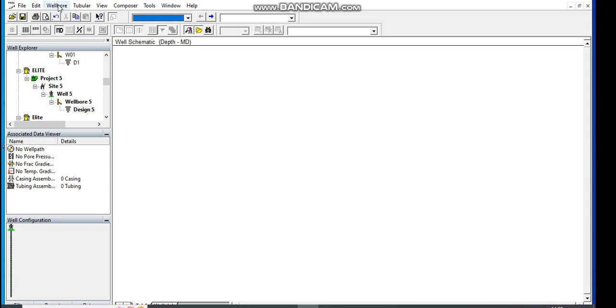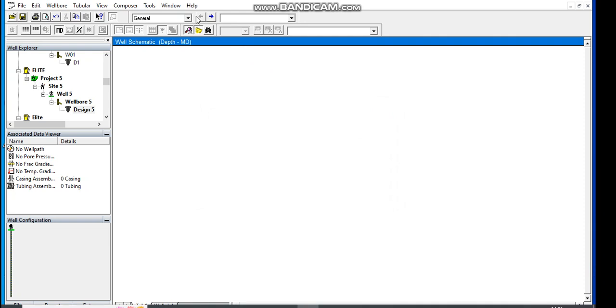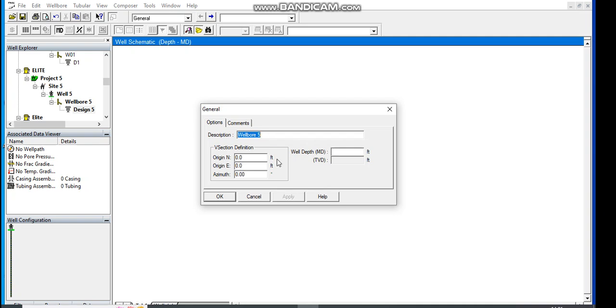So we can either come and click here and put in this information from here, or we can use another one. So you can come and click on here, click on general information, and this is our general information. It's wellbore 5. What is its measured depth in feet? If you want to change the units,